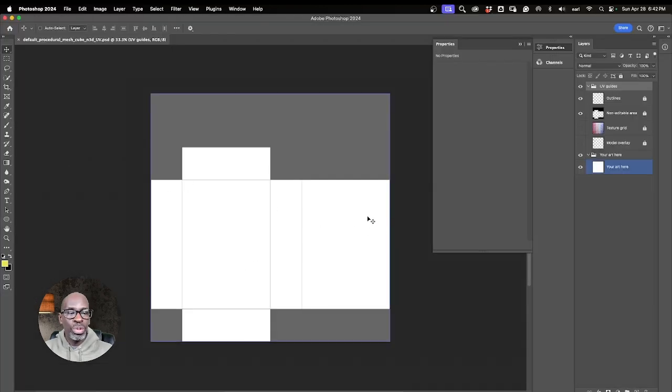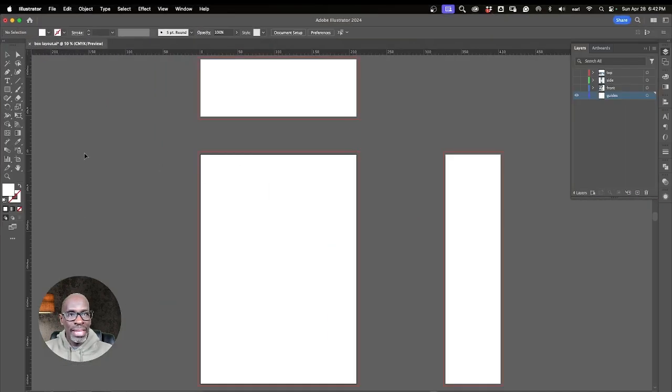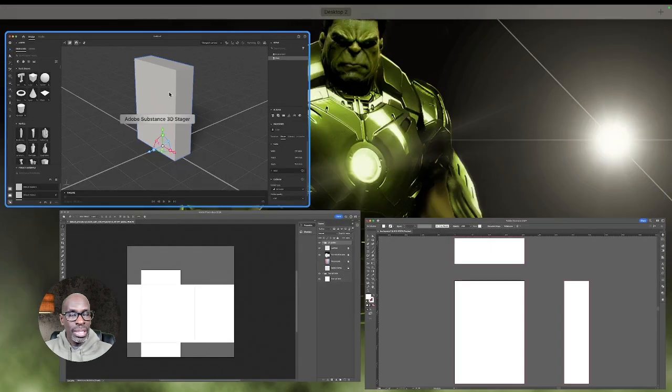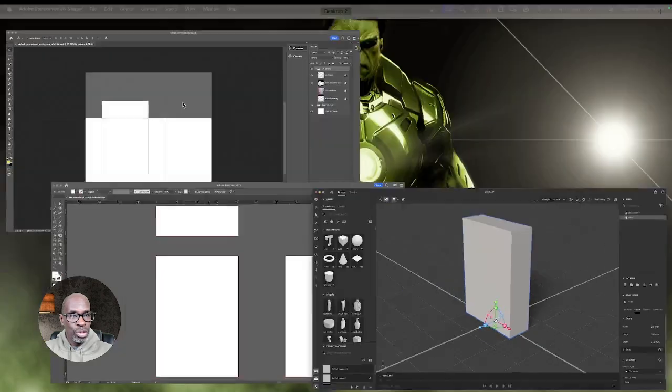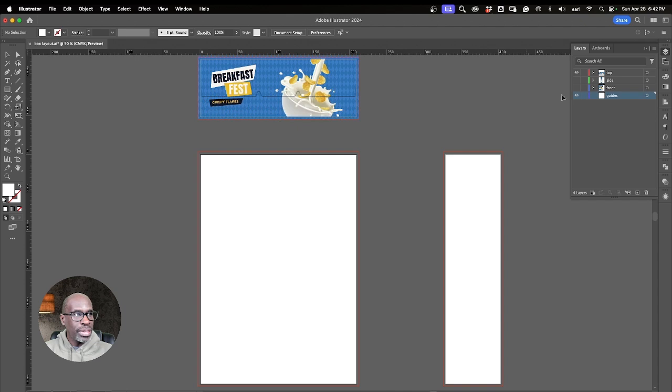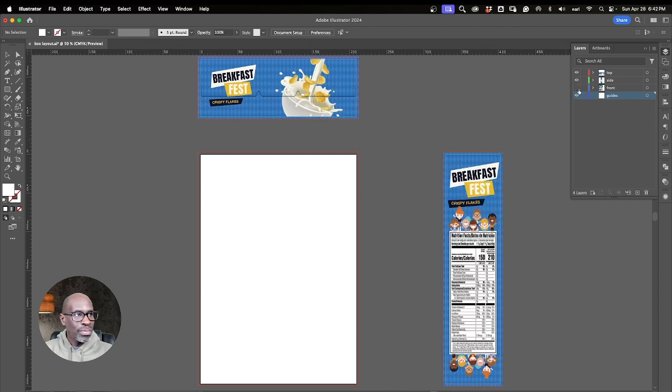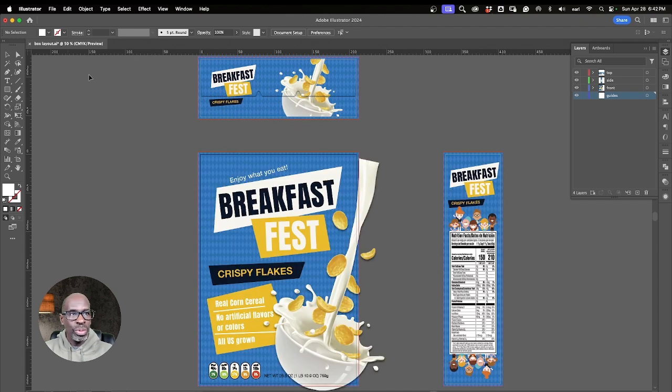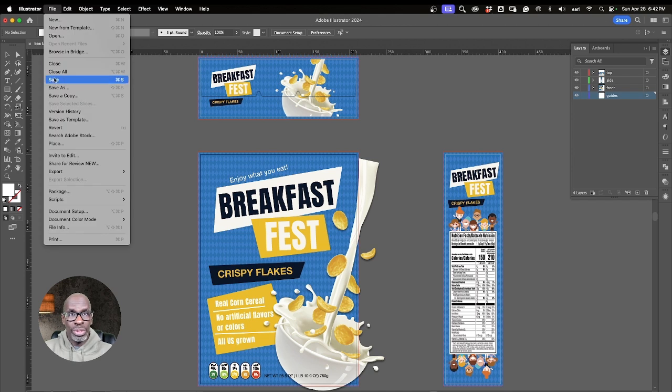And this time we're going to create our graphics in Illustrator. If I jump on over there, I've already got my sizes set to the size of the box that was created in Stager. So let's go back to our graphics here. I've got the top graphic, the side graphic, and the front graphic. All we need to do is export these out. You can export it as a PDF, you can export it as a JPEG, you can actually just leave it as the Illustrator file, and that's what I'm going to do here. So I'm just going to File, save this,